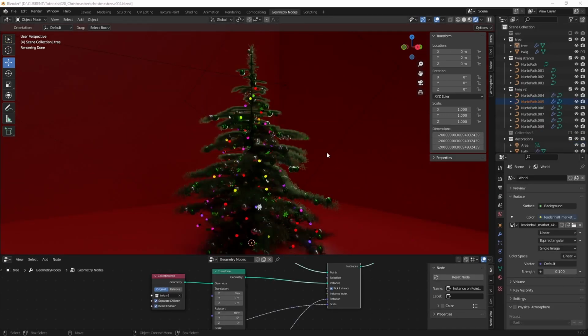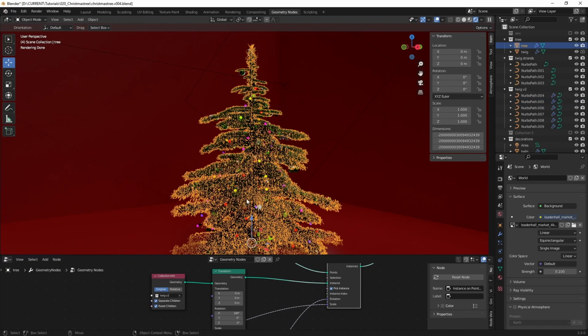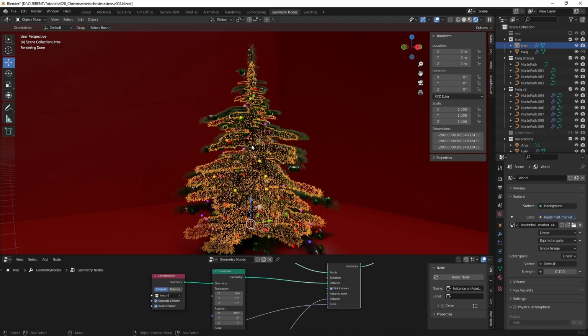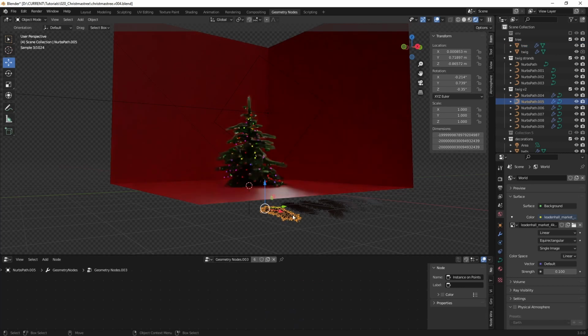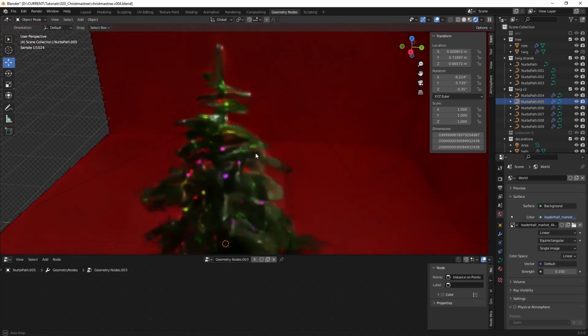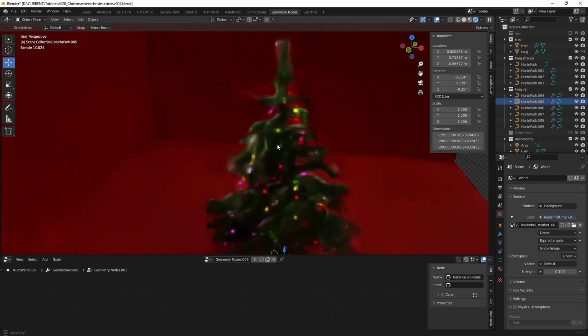Alright, so that's it for the tutorial. After you're done, just tweak the values to your liking. Add the amount of twigs which you like. Tweak the amount of needles. And adjust the lighting. Those are the main factors